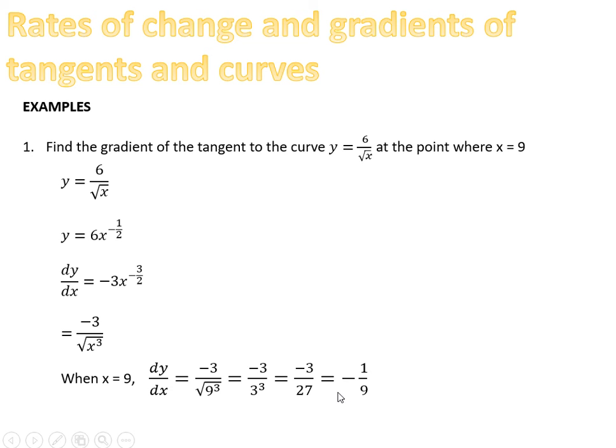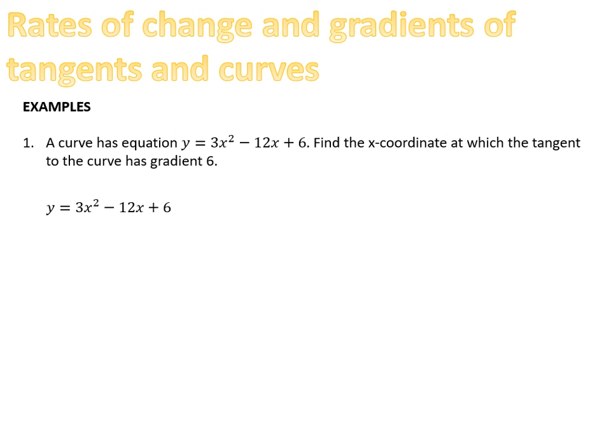okay? And that's it, okay? We found the gradient to the curve y equals 6 over root x at the point where x equals 9, that's it. But as I say, you could go on and you could have to find the actual equation, or there's more to come, but that's generally what you do next, okay? Right,